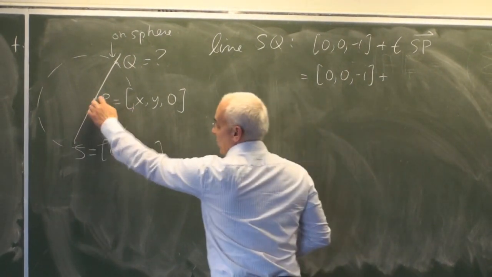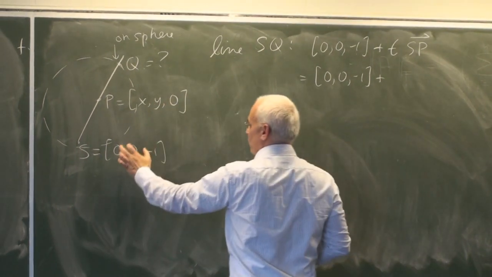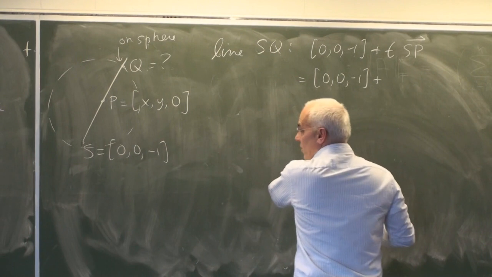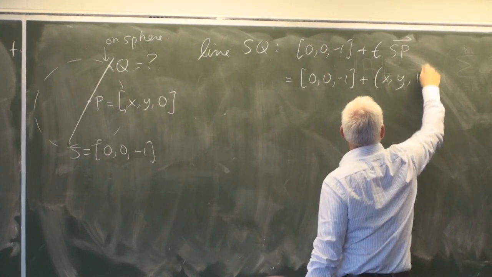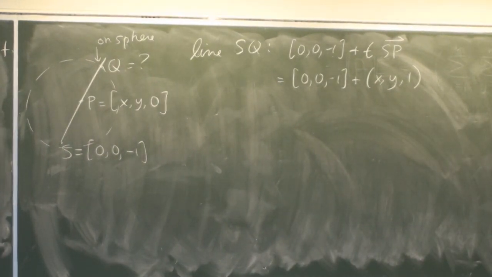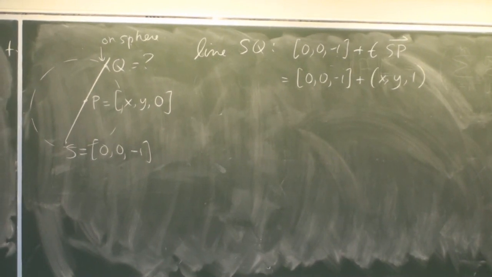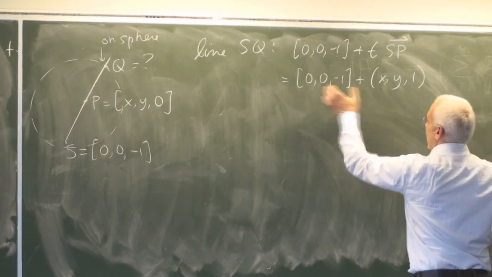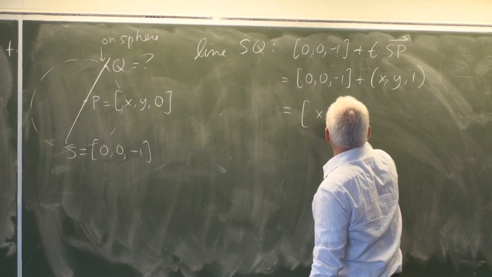It's just the difference between these two coordinates. So we take x, y, 0 and subtract this one here. So that's the vector x, y, 1. I write my vectors with round brackets to let you know that's a vector, while this is a point. Okay? So if I take this point and add this vector to it, then I'm going to get the point x, y,